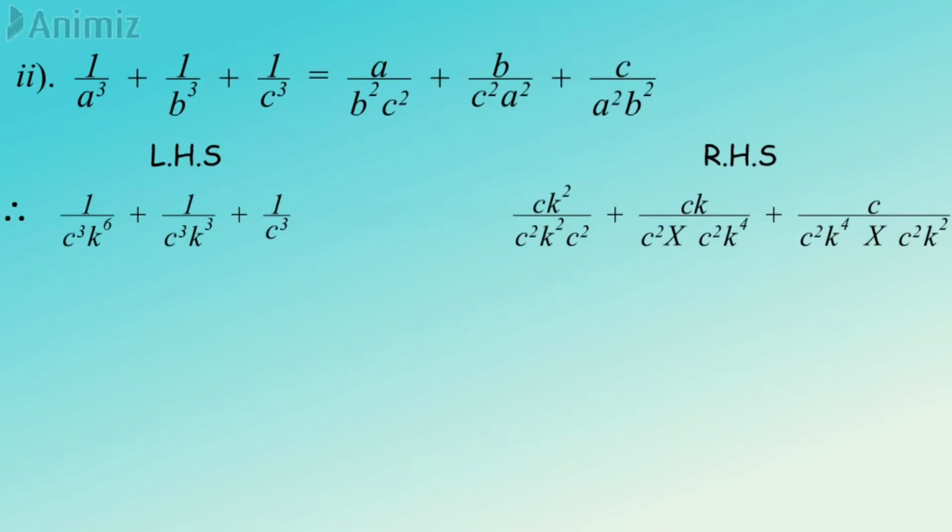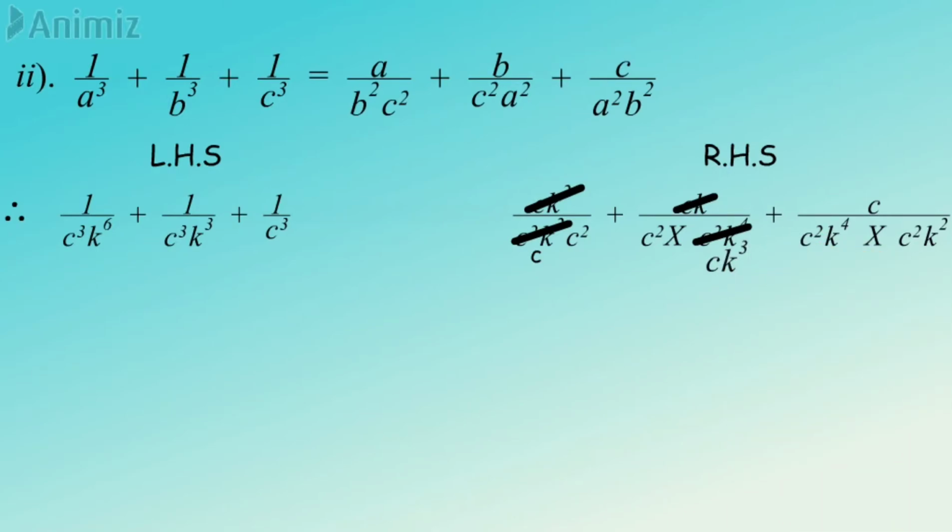Now just observe on the left hand side. 1 by c cube is common factor. Same way, first look on the right hand side. First fraction c and k square is common, you can cancel. In second fraction c and k is common, you can cancel. Same way on the third. So when you cancel the first fraction, ck square, c is the remaining factor in the denominator. Now cancel c and k. Here what remains? c and k cube in the denominator is the remaining one factor.